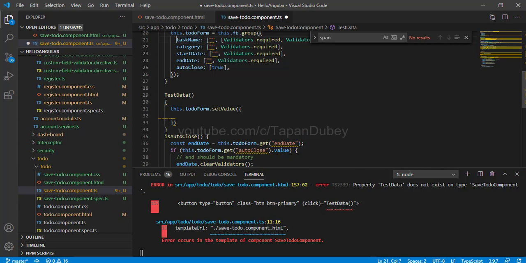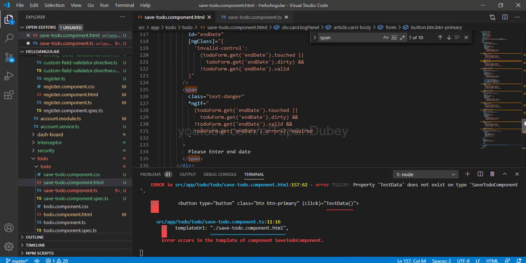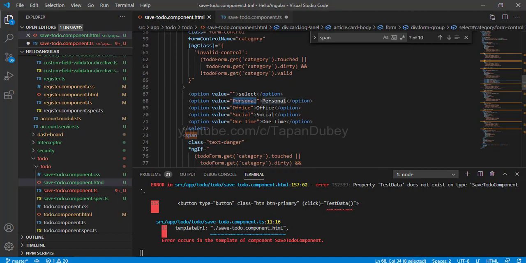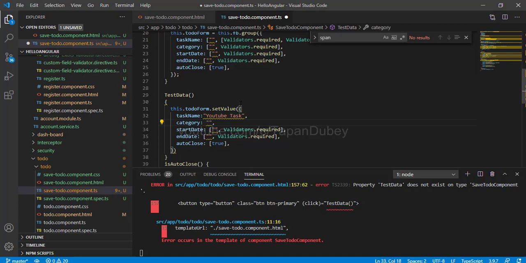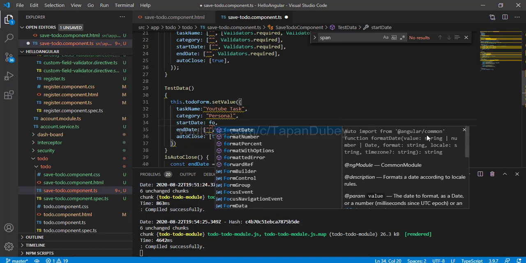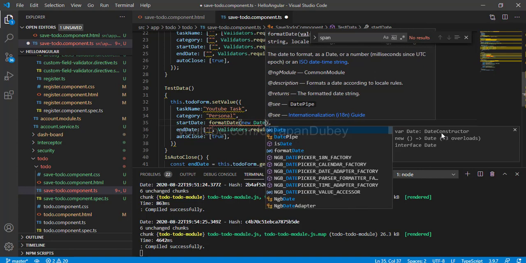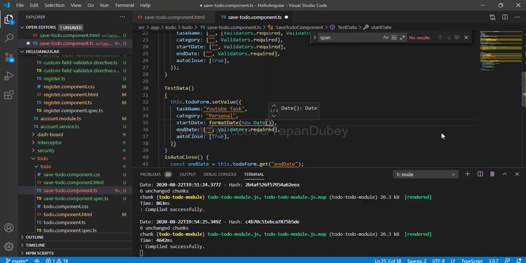So I can copy this and paste it here, and let's remove this, and I'm giving task as YouTube task, and for category, let's copy one of the categories from the HTML. So what are the categories we are having? Let's see, personal. So let's copy and paste personal here, and for date I'm going to use a method called formatDate. This is a part of Angular common. So inside formatDate, I'm going to give new Date, and let's say Date.now,